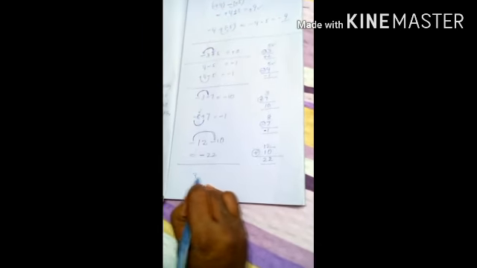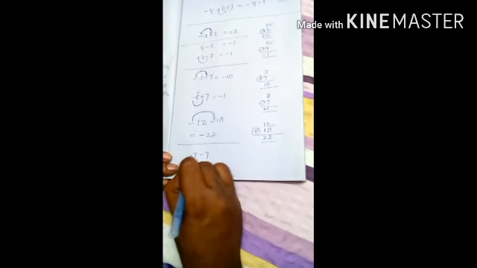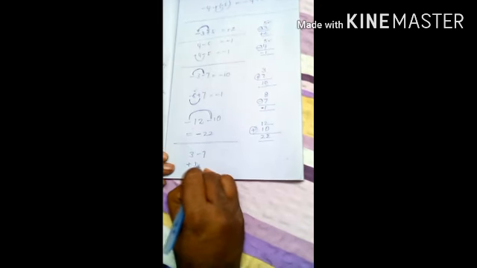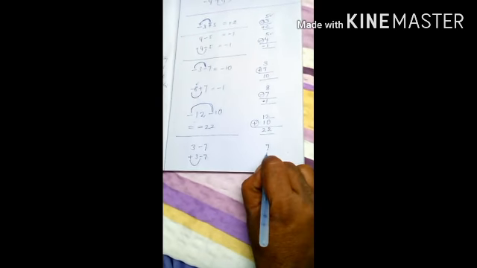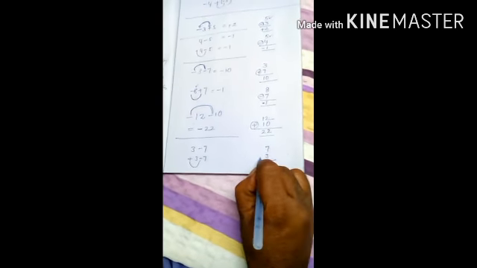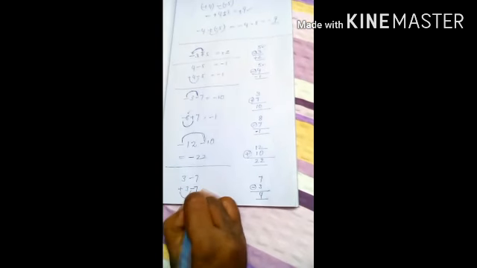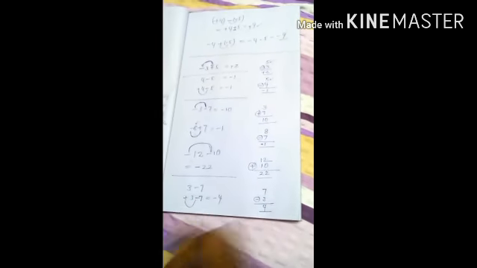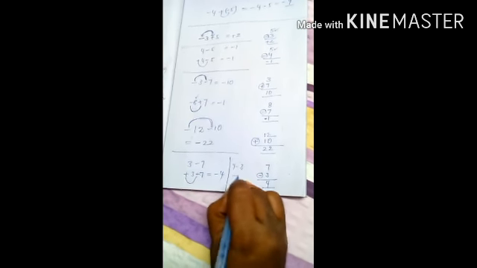One more sum, 3 minus 7. This is nothing but, we know minus 4, but how to do? This is nothing but plus 3 minus 7, different signs. The absolute value of minus 7 is equal to 7. The absolute value of plus 3 is equal to 3. Different signs, that's why subtraction. 7 minus 3 is equal to 4. In this the big number is 7. That's why minus 4. You know very well, 7 minus 3 is equal to plus 4. This difference you must find.